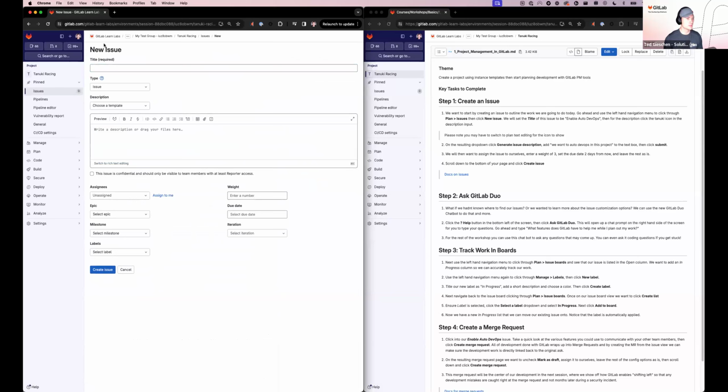And now there are a couple of things that we can configure for this new issue. The first thing that we're going to do is set the title to be enable auto DevOps. Let's go ahead and copy that and paste that into the title up here. And the next thing that we're going to use is a GitLab AI feature. What this is going to do is generate an issue description. And so we'll go over to the description input field, and we're going to look for the little Tanuki icon